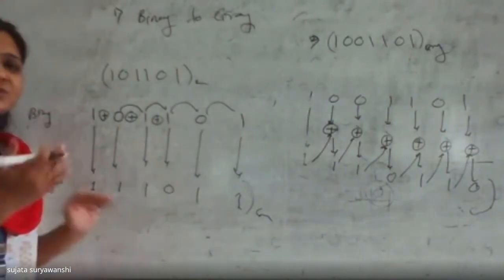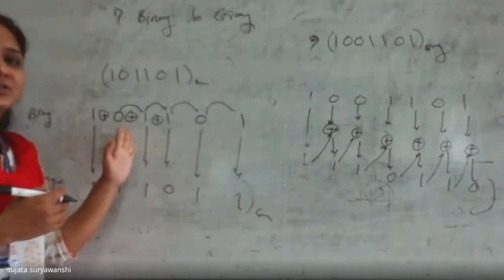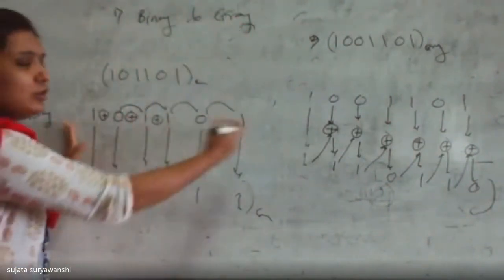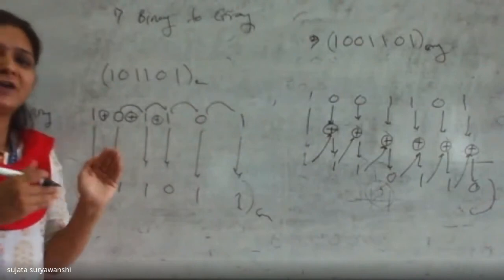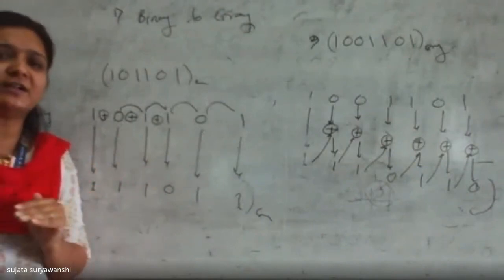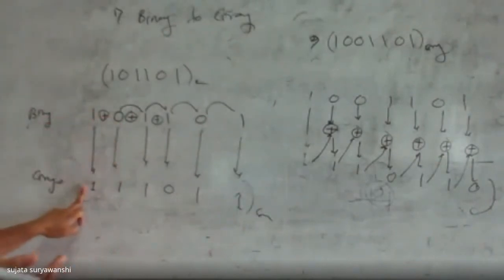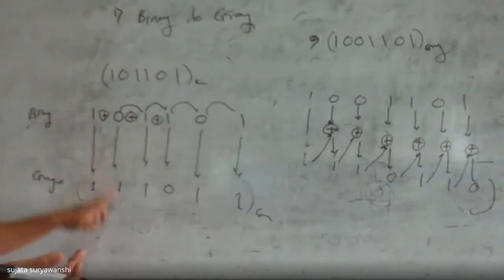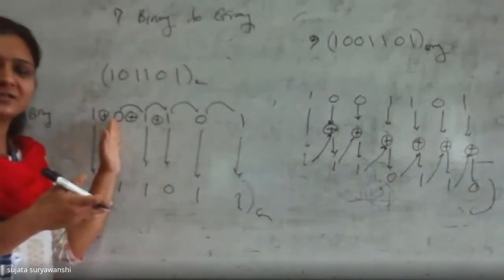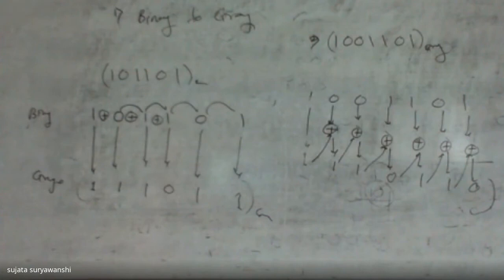In the previous case, we had to consider the previous bit of the result to perform the XOR operation. But in the case of binary to gray, you simply consider the consecutive binary bits. Means you have to perform the XOR operation on consecutive binary bits only to get the next gray bit. Understood? First bit, write it down as it is, 1. For the next gray bit, you use the XOR operation on the first and the next binary bit. Understood? Are you getting this?